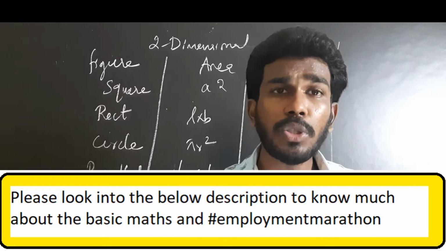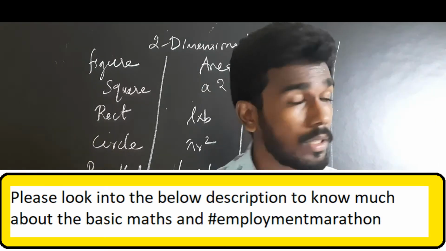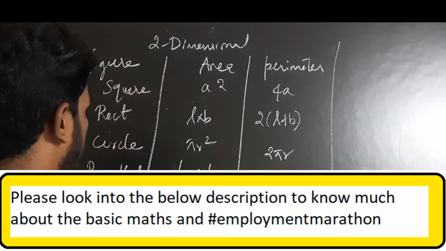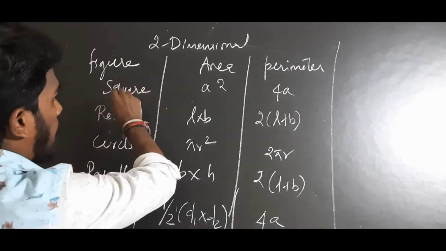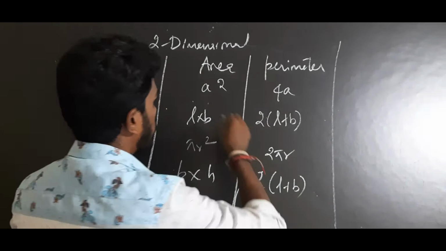Now we're going to discuss the most important formulas for geometrical calculations. Two-dimensional shapes: square, rectangle, circle, parallelogram and rhombus. So for a square, the area is a square and the perimeter is 4a. So if you take a square,